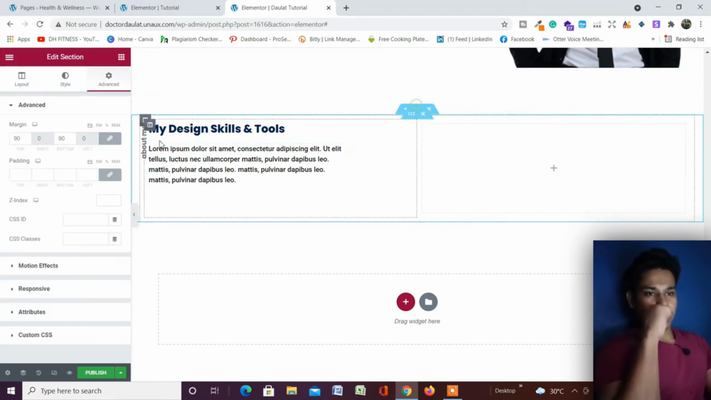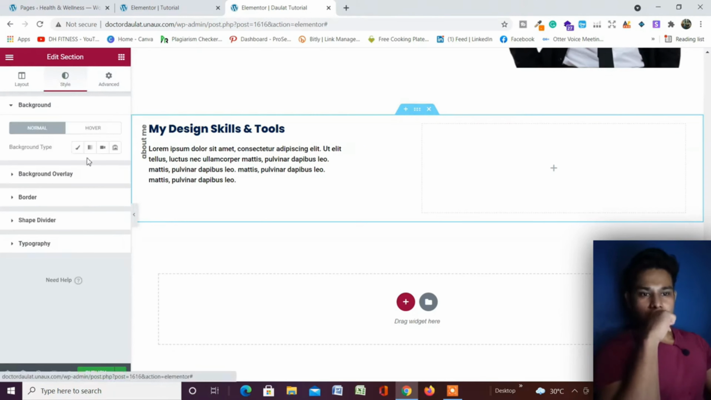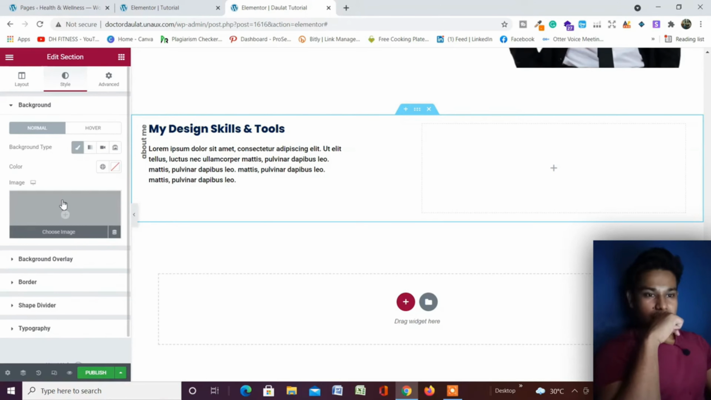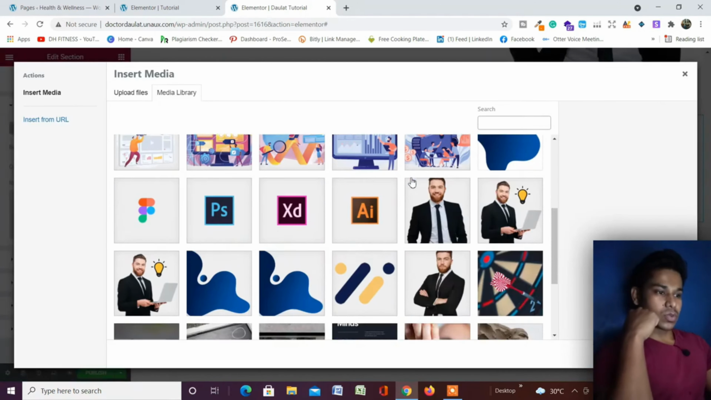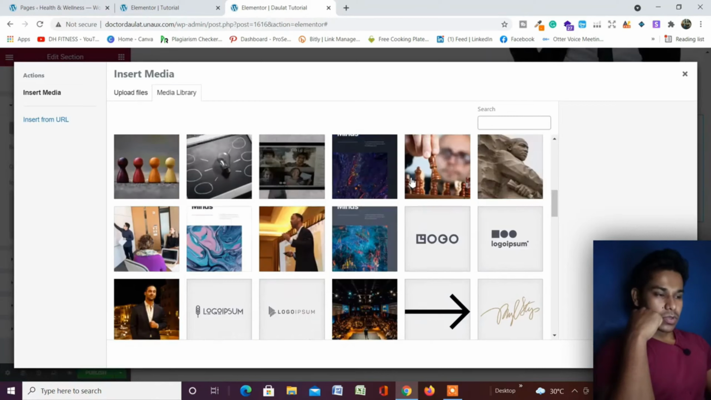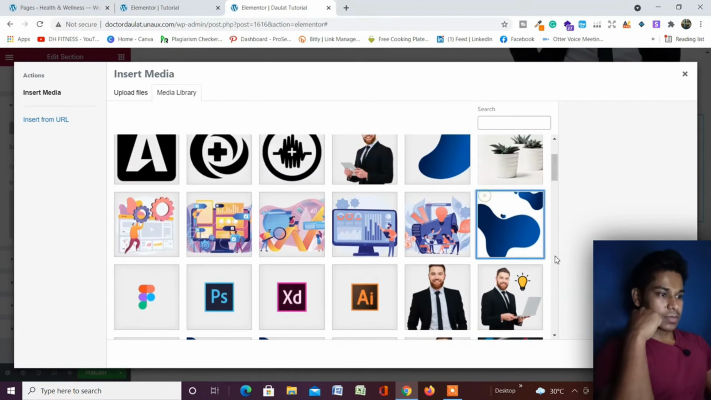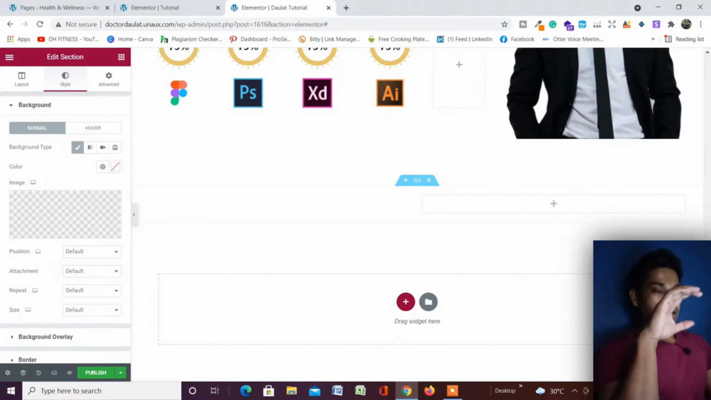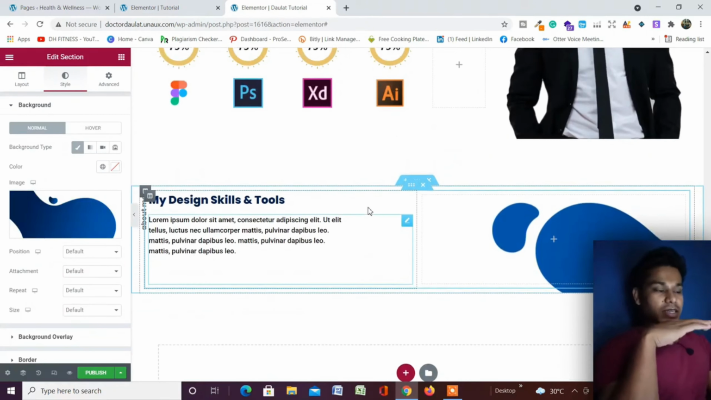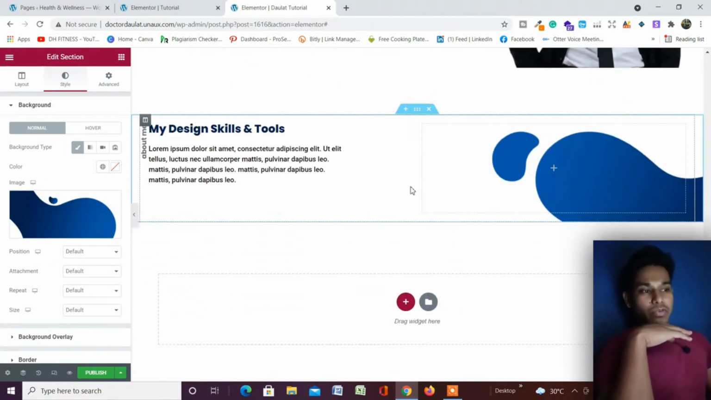So just click on this, go to the style section, and from here we have to click on this and add a background image to the main container. The image I want to add is this one, and most probably this is going to be the biggest container, the biggest section of this entire portfolio website. So let's make it to